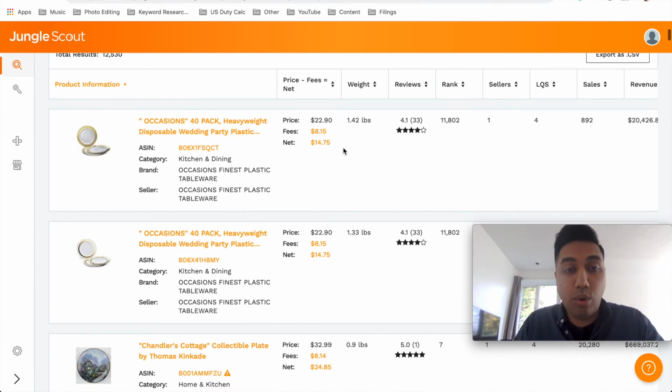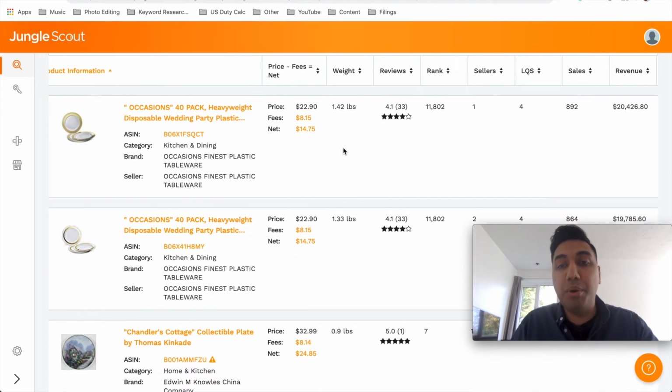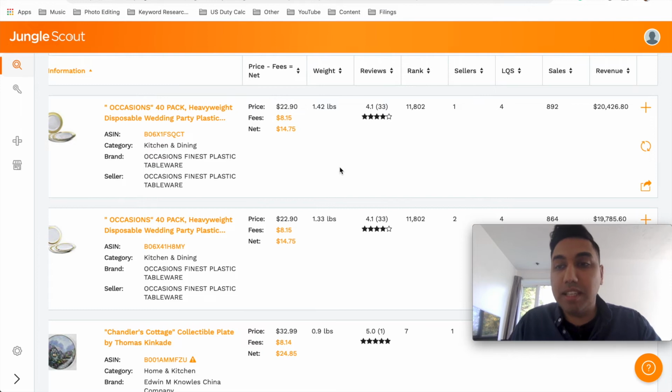As you can see here, all of these products have been taken from Amazon and put in a way where we can actually identify which products we want to look into further. So the first thing that we want to look at here is the revenue. And as you can see, the revenue is $20,000 plus for this product over here. The reviews are really low. There's only 33 reviews here, and the weight is under 2 pounds, and they're selling for